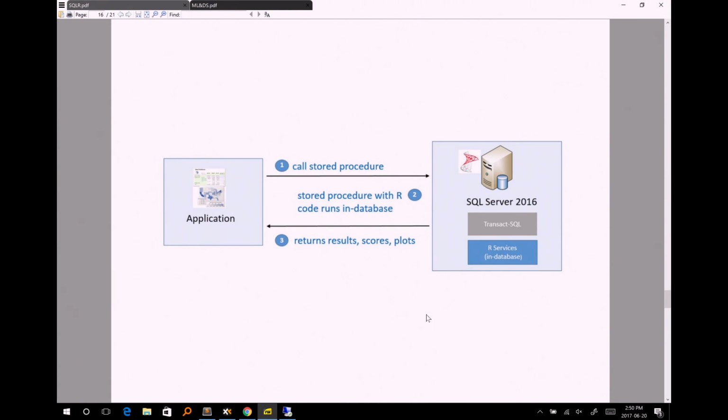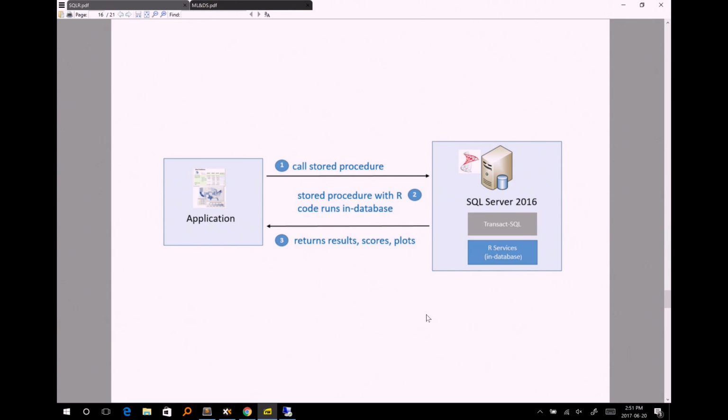This is the second scenario. This is more the application scenario or the deployment scenario. Now we have an application. That application is going to make a call to R Services via a stored procedure. So it's using the same kind of mechanism. I am not a SQL expert, and correct me if I'm wrong, but it's the same kind of mechanism that applications should be using to make calls to SQL. SQL is going to invoke R. There is no second R in this case. There is no client. There is just one R, and it's sitting on the database.